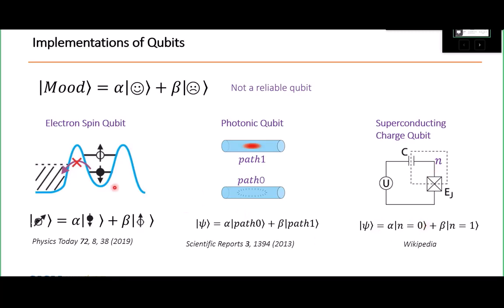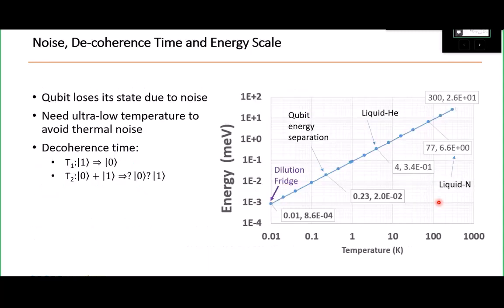So you see that the most important thing is we need to be able to distinguish the energy level of the two levels: spin up, spin down, 1 pair of electrons or 0 pairs of electrons. In that case, we need to avoid the noise, and that is the difficulty of the quantum computer now. Because of the noise, the qubit will lose its information very fast. So on the right, I'm showing the energy scale